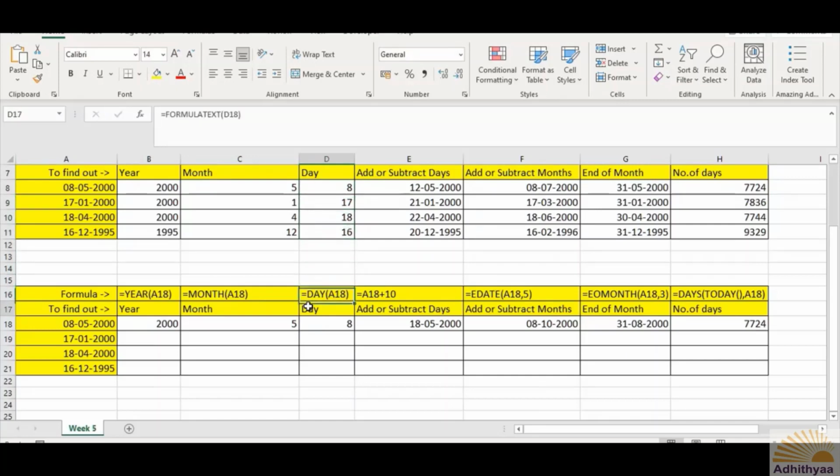These three cells are the extraction of the components of the date, and these four are some of the additional features available for your day-to-day usage in Excel whenever you want it.